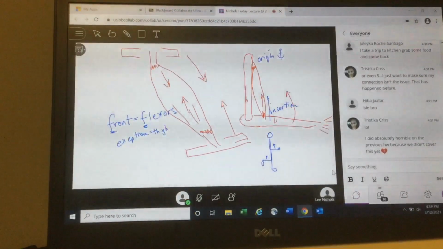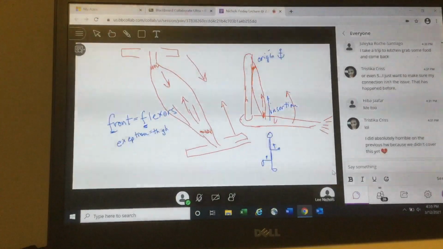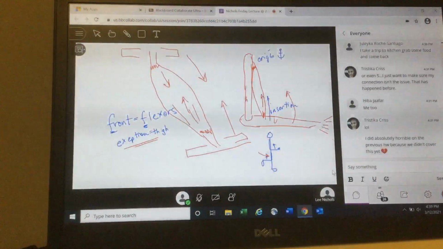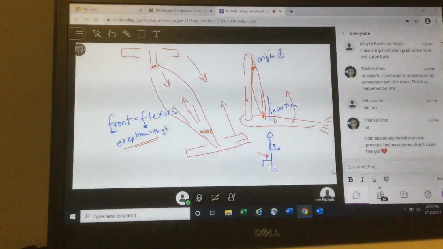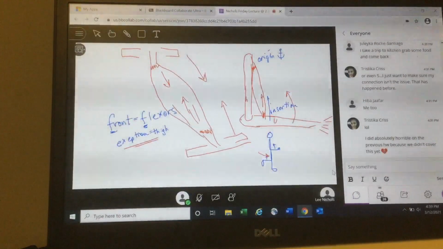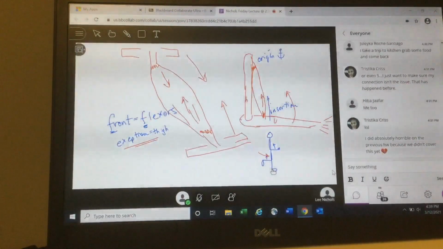flexion of the knee is actually done by muscles on the back of the thigh, not the front of the thigh. So that's why the thigh muscles are an exception. Flexion of the knee is muscles on the back of the thigh, the posterior thigh, not the front. Muscles on the front of the thigh are extensors. Muscles on the front of the thigh will actually extend the knee back down to anatomical position to straighten it